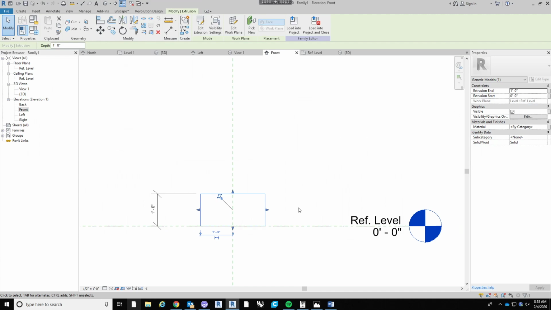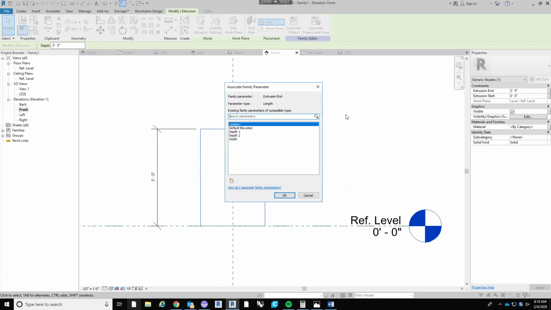Now, since we created this extrusion in the reference level, it starts at the reference level, and the start is at 0, 0, so it's going to be in plane with the reference level. And then we can edit the extrusion end. If we do that right now, you see that it starts to get manipulated. If you go to this little gray square, associate family parameter, we can actually associate a height parameter to that. So it'll bring up all the parameters that we have within the